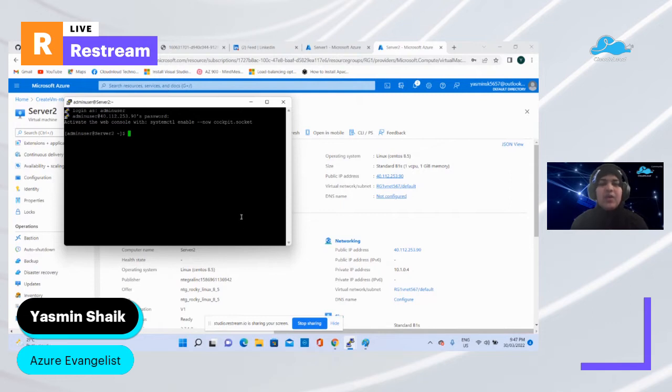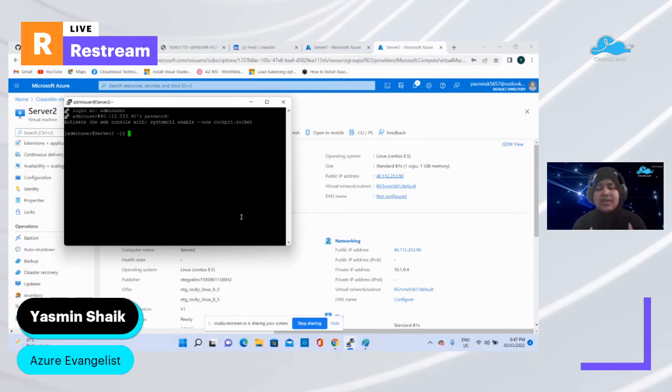Okay, so we have now created two virtual machines and we are accessing the console of those two virtual machines. As of now, they're just virtual machines. We have not set up any role on them, right? We have not made them web servers. I mean, we have not applied the web server role or installed our web server yet. It's just a plain virtual machine.